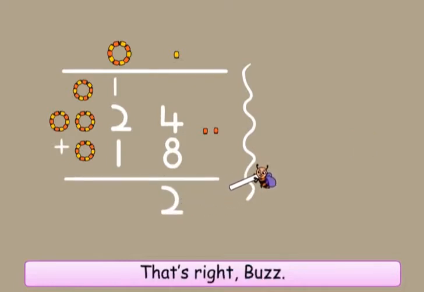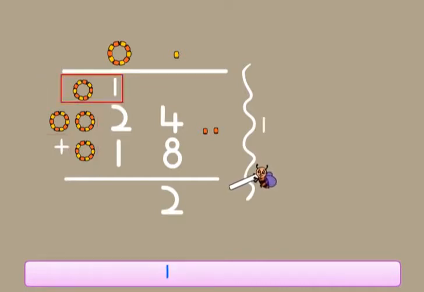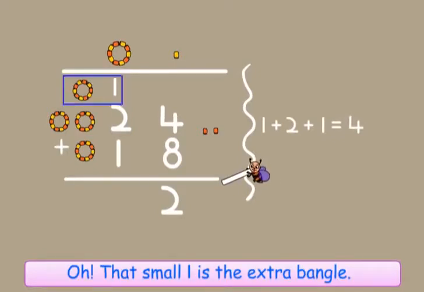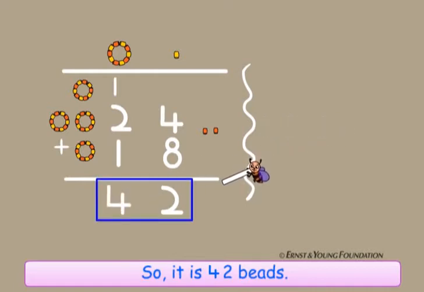That's right, Buzz. Now we will add the bangles. 1 plus 2 plus 1 is 4. Oh, that small one is the extra bangle. That's right. So it is 42 beads.